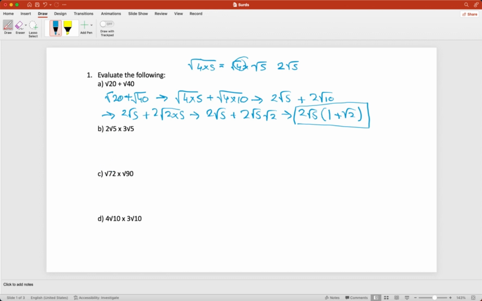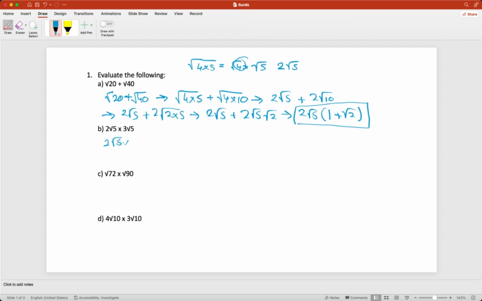Multiplying surds. Adding, multiplying, subtracting surds, they're all quite similar. Okay, I didn't add too many addition questions because they're very simple and easy. Okay, now with multiplying,